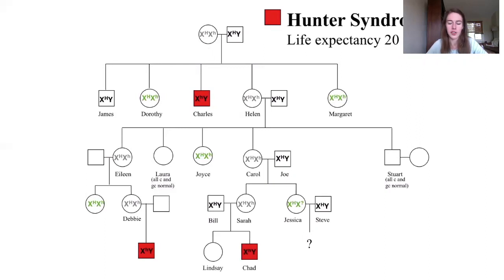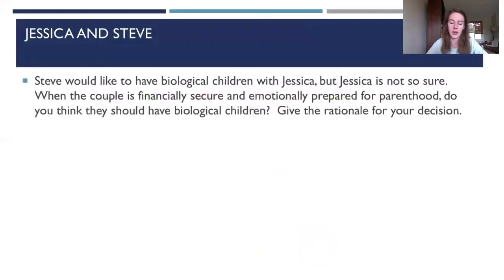Okay. But Jessica and Steve, if they are trying to consider whether or not they should have kids, Jessica is still in this line where all of these women were carriers. We know that Helen and Carol were carriers. Jessica, there's a 50-50% chance that she is going to be a carrier. Steve, he is a guy, so since he doesn't have it, that means that he is not going to pass the allele on. But what is the likelihood, and what would you tell Steve and Jessica on whether or not